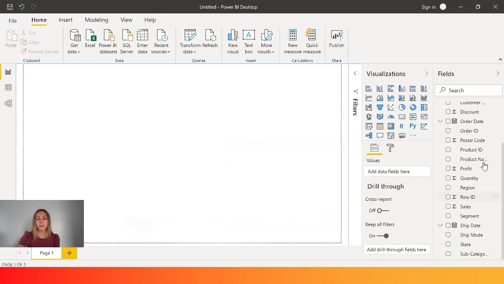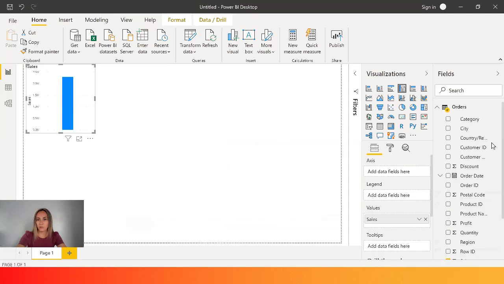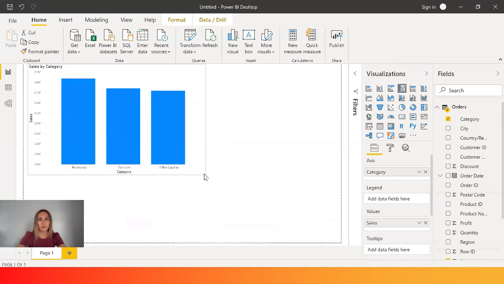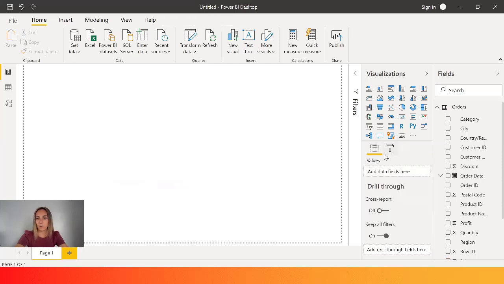Let's say you wanted to, again, go to sales and you wanted to visualize sales by category. Without actually selecting a chart, just selecting the fields that you want to show, Power BI automatically builds a bar chart for you because it assumes that this is the best way to visualize or represent this type of data. So I'm going to go ahead and delete this one more time